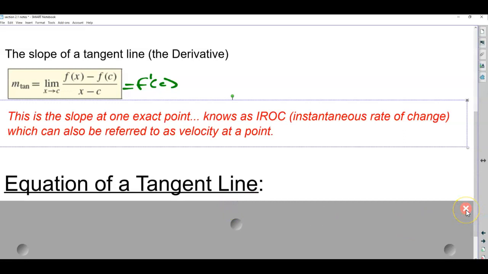We're still going to make another connection to the equation of a tangent line. So think of the warm-up we just did. You have the equation of a tangent line. What do you need? You need a point and you need a slope. Well, what is the slope? Slope is the derivative, f prime of c,